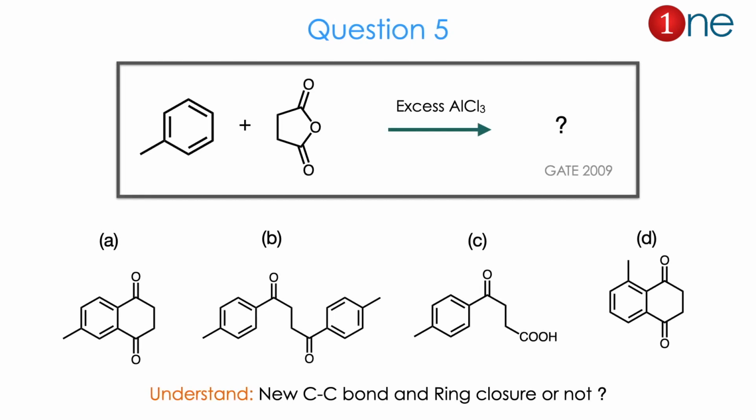Then question number 5. The starting material is a benzene and you are using an anhydride. You are using excess aluminum chloride. They ask you to find the product. The product can be ring fusion or dimerization or just attachment, or dimerization and a different position, the regioselectivity. So from the reactant to product, definitely a new carbon-carbon bond is established, and whether ring closure is possible is the real question. The answer is C. Let us see